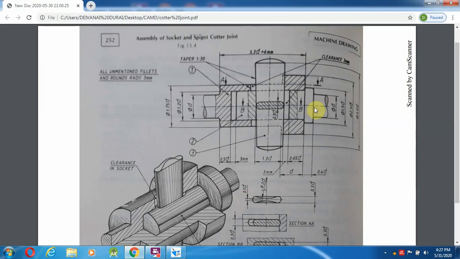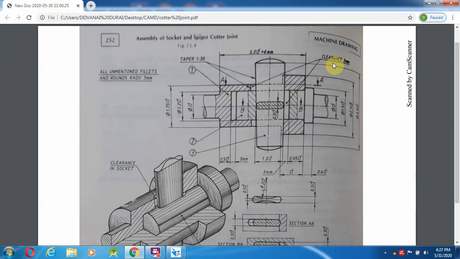So from here to this dimension I am going to make a line, this one I am going to make a line over there. Okay, so to create those lines, this line I am going to do that.